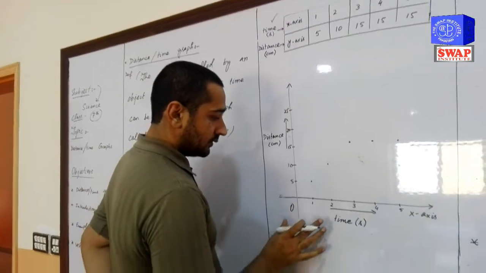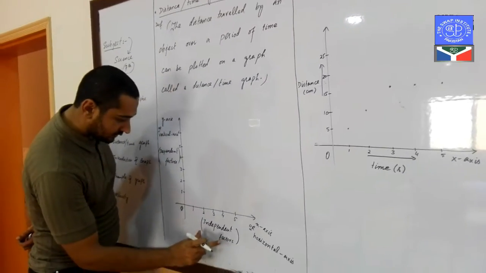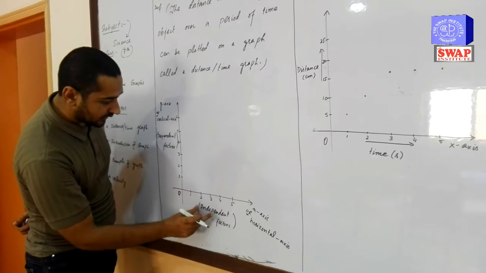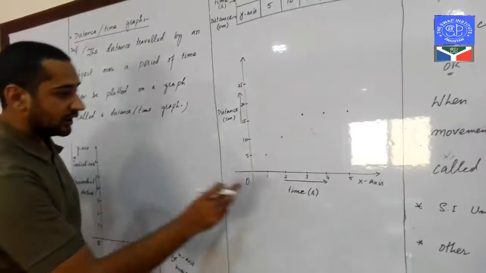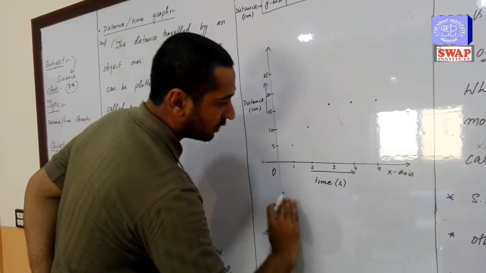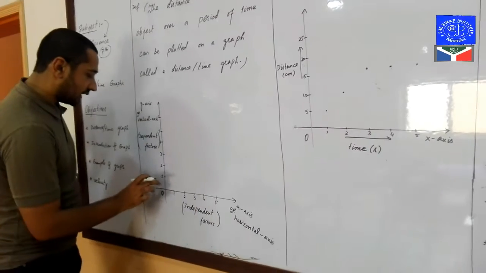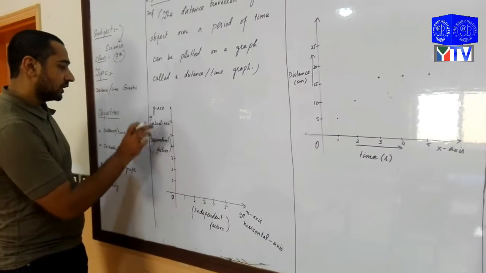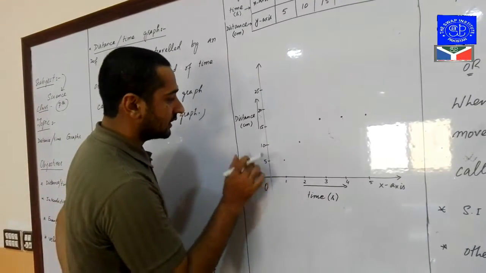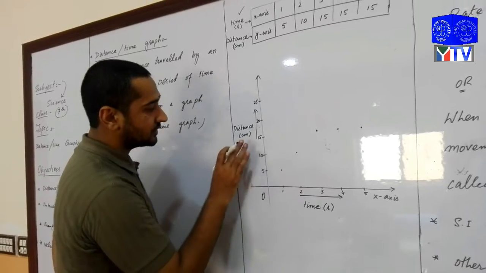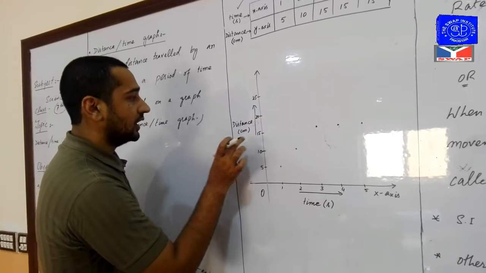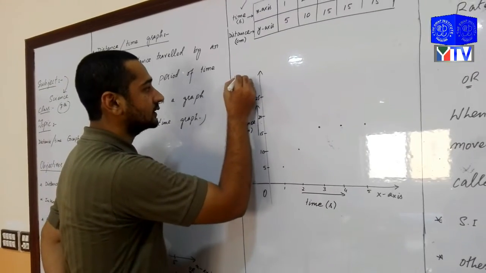And as I already discussed, in a graph, on the x-axis, the horizontal axis, we will take the independent factors. So time is the independent factor, and time is always taken on the x-axis, and the dependent factor we will take on the y-axis, the vertical axis. In this graph the distance is the dependent factor. Basically, distance depends upon the time, so we will take the distance on the y-axis